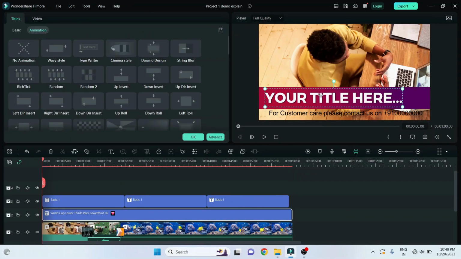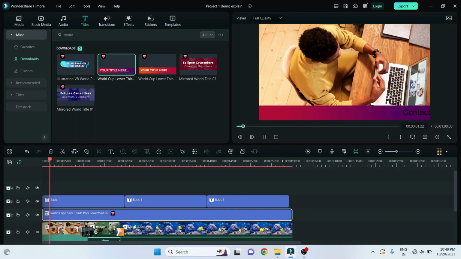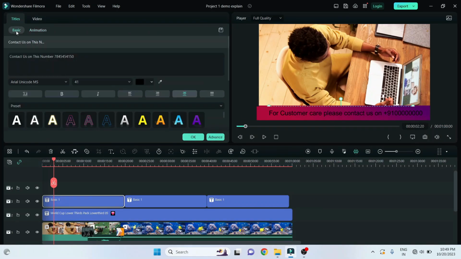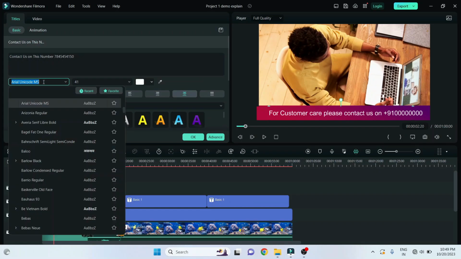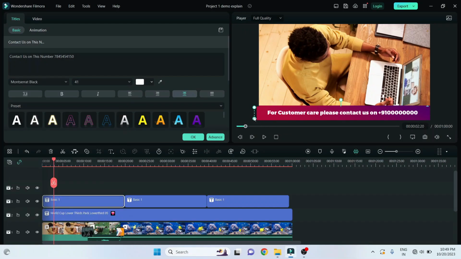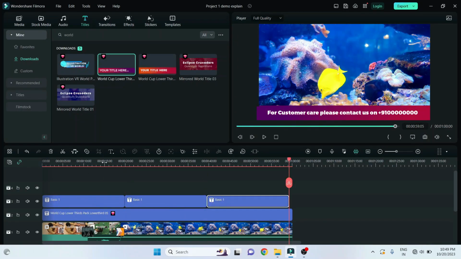I will double click here and after that I will remove the text. Now I want to resize it, so I can resize it like this. So let's see the video. We need to change the color also. So I will double click here and go to the basic. Guys, make sure to change the font also. So I will give it Montserrat. So this text is very attractive. You can simply delete all this, copy it and paste it like this.